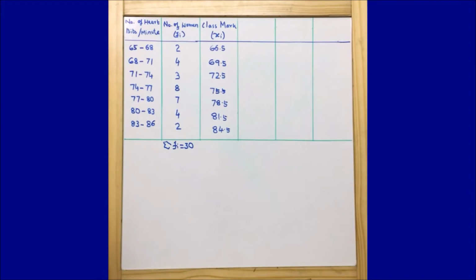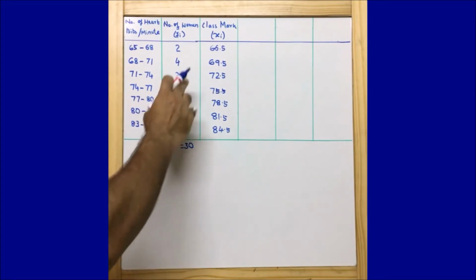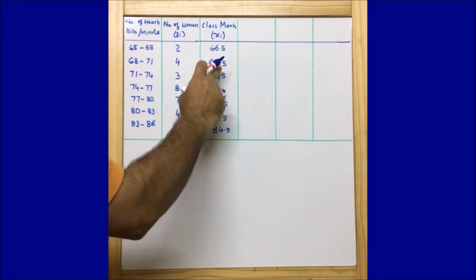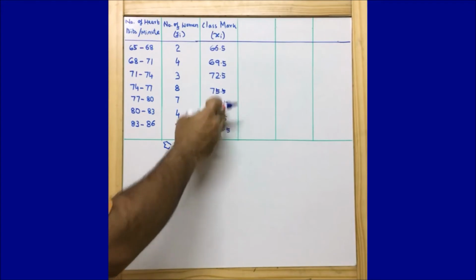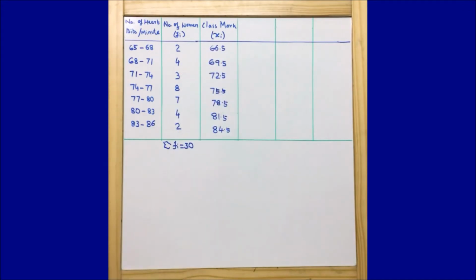Now guys, let us see what method we are going to follow. This is most important, which method, because we know that there are 3 methods. One is direct method, one is assumed mean method, and one is step deviation method. So guys, what I feel looking here is if we follow the direct method, the things will be Fi xi: 2 into 66.5, 4 into 69.5, 3, 8. So this method is going to be very tedious, because these figures are too high. For calculation purposes, these figures will become too tedious for us. So let us exclude the direct method.